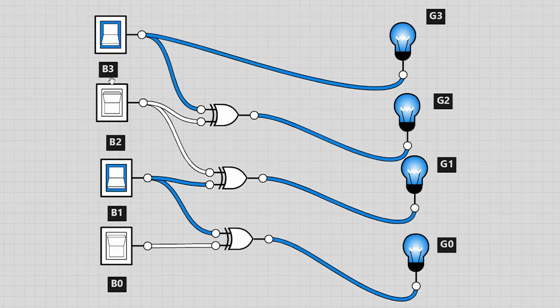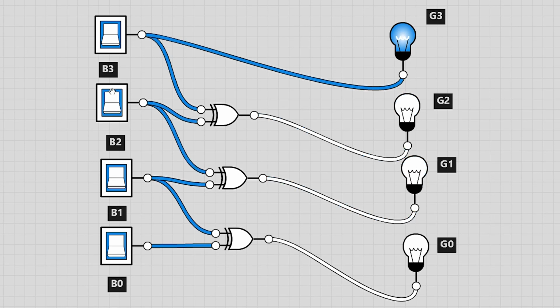When B3 is 1, B2 is 0, B1 is 1, B0 is 1, G3 will be 1, G2 will be 1, G1 will be 1, G0 will be 0. When B3 is 1, B2 is 1, B1 is 0, B0 is 0, G3